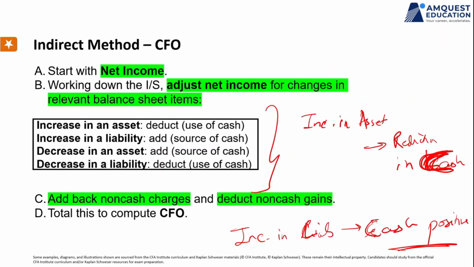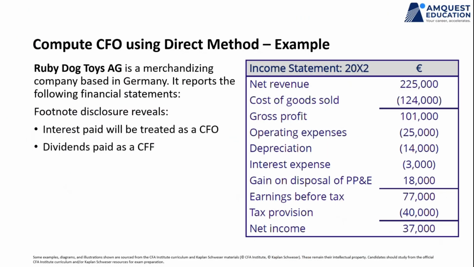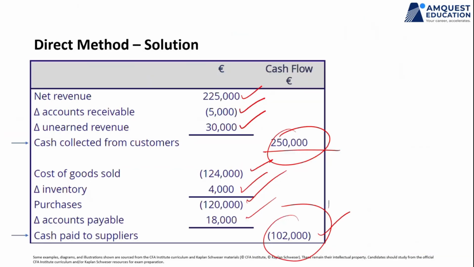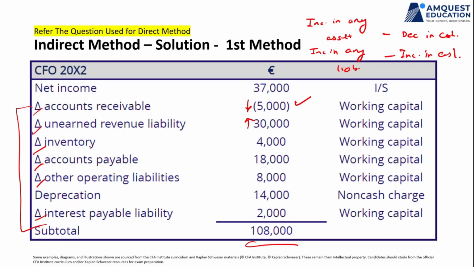So inventory in our case, for example, was reducing, right? So if your asset is reducing, which means cash is going up. This means if the asset is reducing, cash is going up. Because if the asset reduces, which means you have sold the asset. And if you have sold the asset, the cash goes up. So this is cash going up. Increase in payables, liabilities,